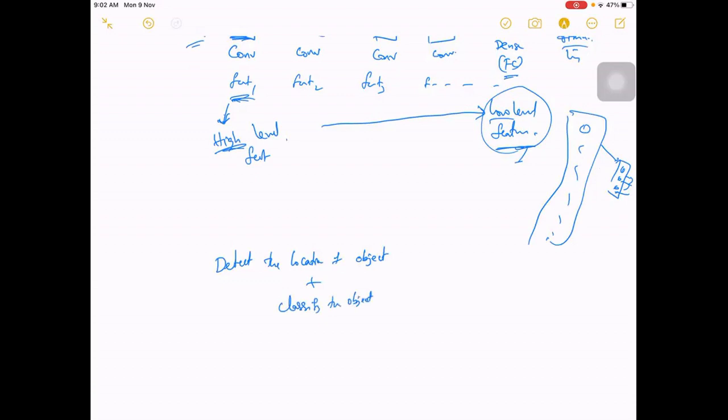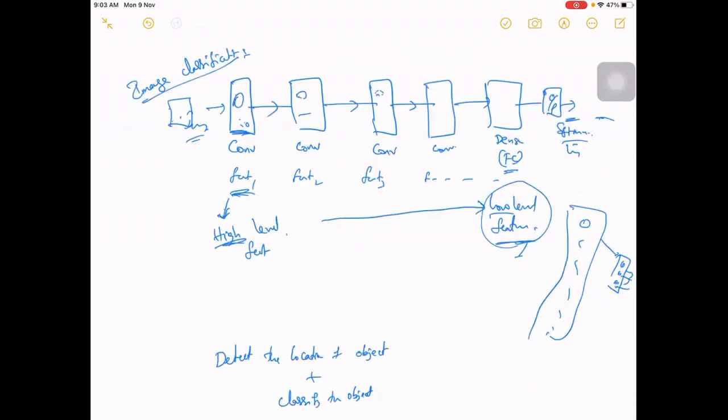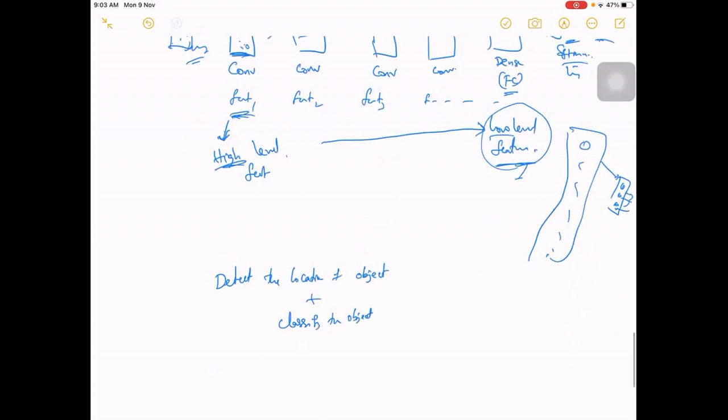Previously we just gave an image and you classify whether it is a car, a horse, a truck or something like that, right? But we are not localizing where exactly the car is. But there is one more concept called object detection.